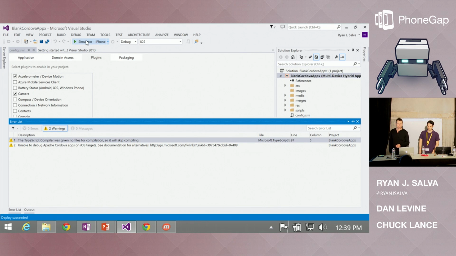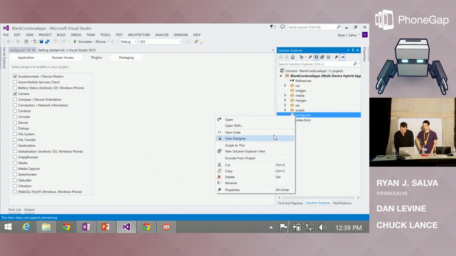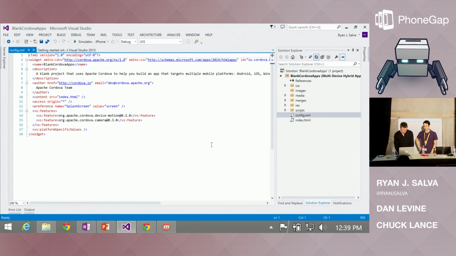Back over here in the config, the easiest way is to edit the code and add a new line with the location of the custom plugin along with its version. For any of these we've already added, say I don't want camera version 0.3.0, I could say I want 0.28 just by changing it here, or I could reference a different custom plugin.